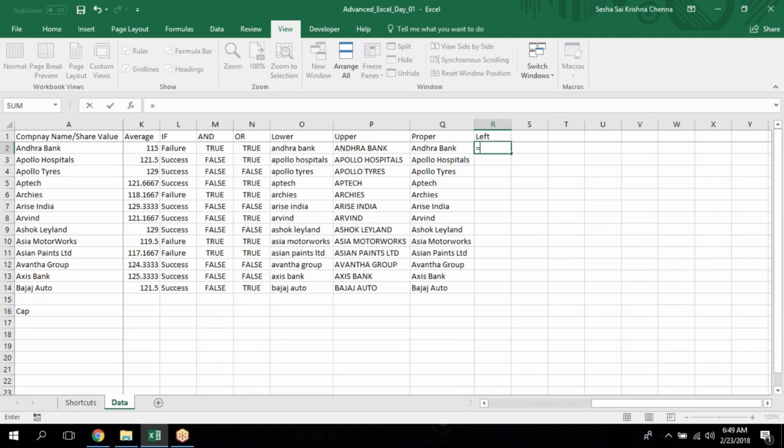Okay, equal to LEFT returns the specified number of characters from the start of the text string. Starting is always taken by default. Okay, let's see the syntax. Just press tab. Text is whatever text we want to check. Here in this case, if I give A2, it will check the A2 characters